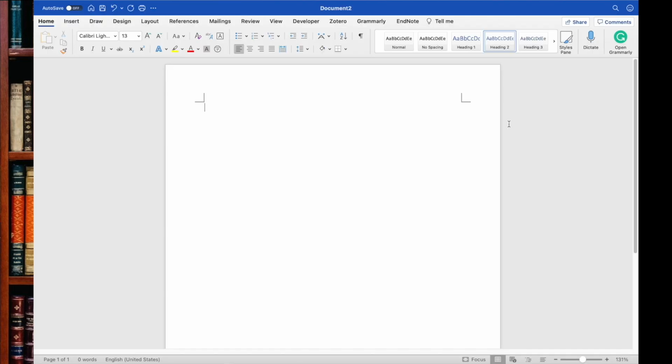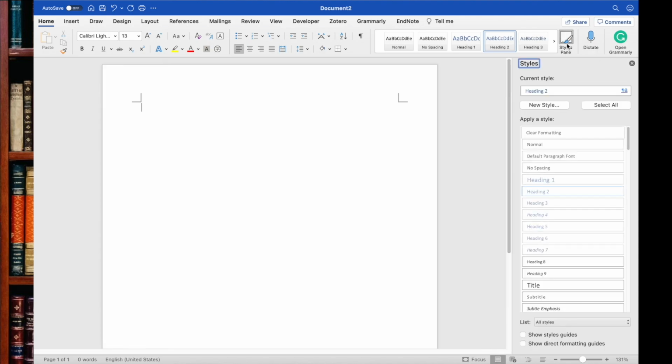So now we are in Microsoft Word, and I first want to point out that the heading level panel is on the top right over here. You have your different heading levels. If you don't see additional levels, like if you don't see 3 or 4 or you're missing some heading levels, you can click on the Styles Pane button, and then you'll want to click where it says All Styles, and then you'll see all the heading levels up to 9 over here. And if you ever needed to use one like 6 or 5, you'd be able to get there.